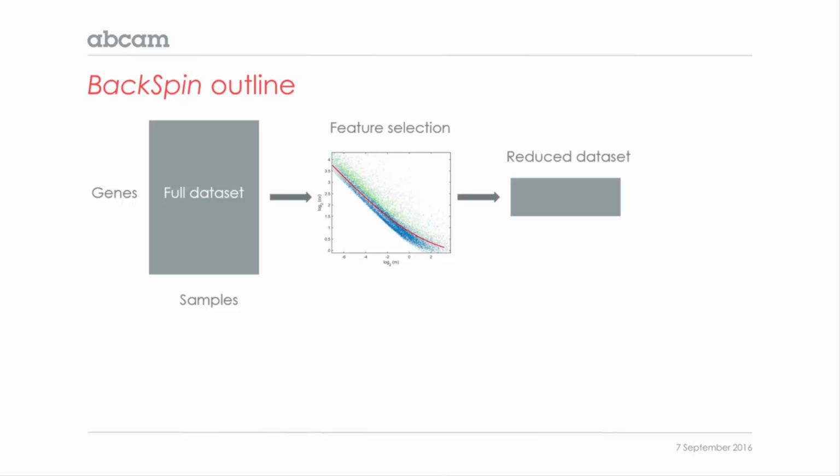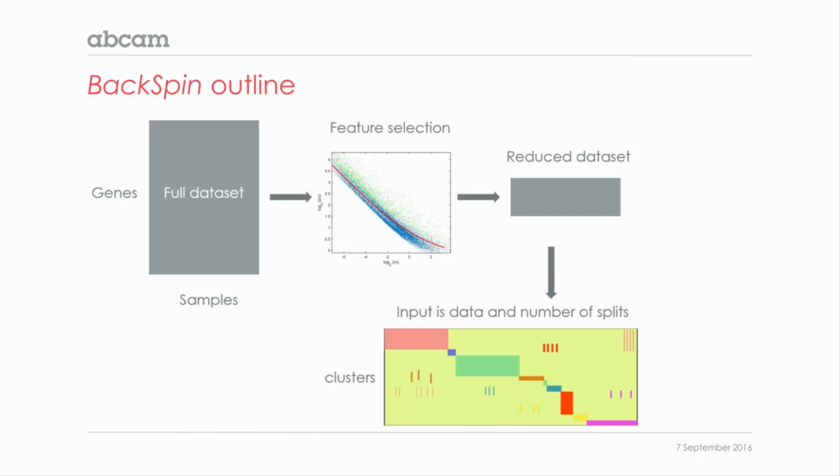After you did the feature selection, you get a reduced data set. That means you go from 20,000 genes to whatever, the top 1,000 genes or 3,000 genes. And then you can start doing your analysis. The goal is to take this reduced data set and create clusters, something that you can look at, basically grouping the similar cells together and the similar genes together. Then you can start to look at the data.